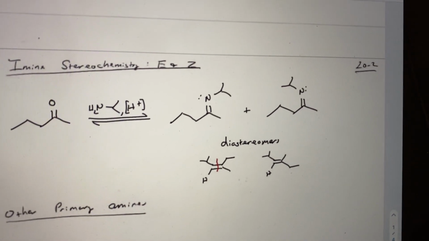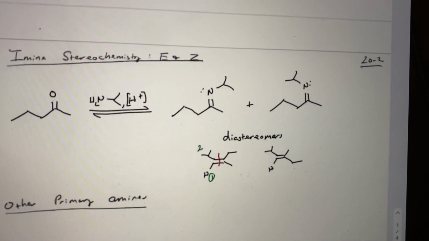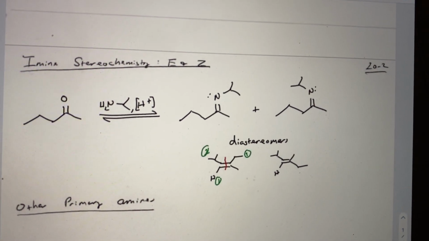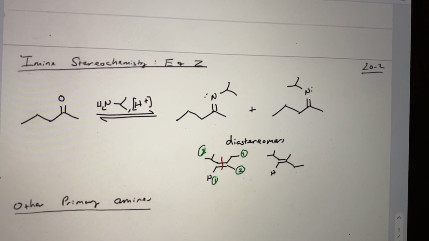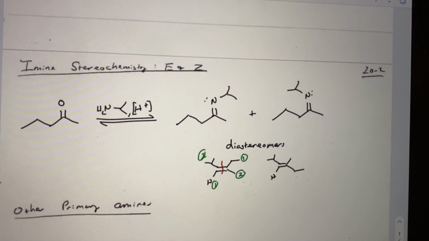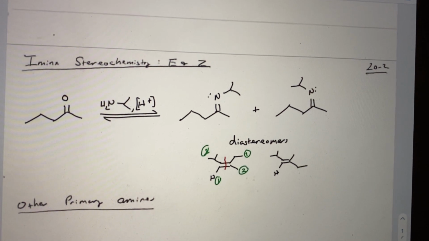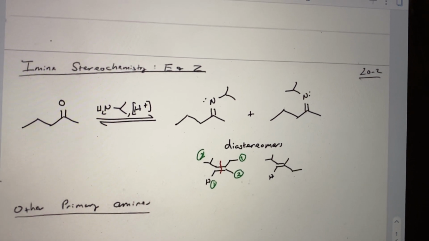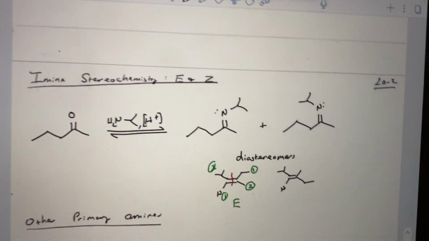On the left side, we have a hydrogen and this isopropyl group. On this side, we have this ethyl group, 2 carbons, which is higher priority than that methyl group. And then we look and see in the double bond, if the 2 highest priority groups on the same side are different. Here they're on the opposite side, so this is going to be E. Although over here, this is 1, and